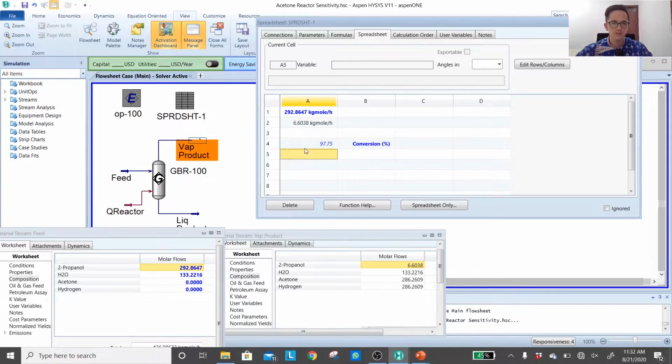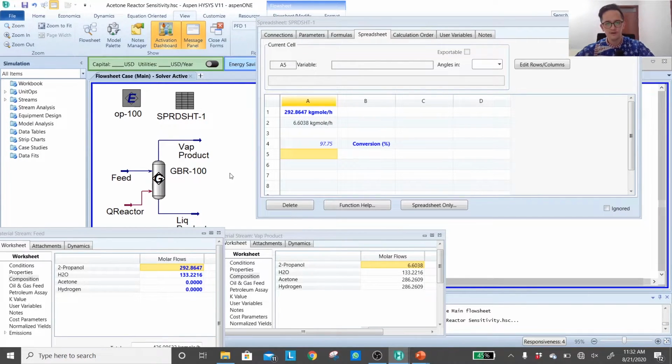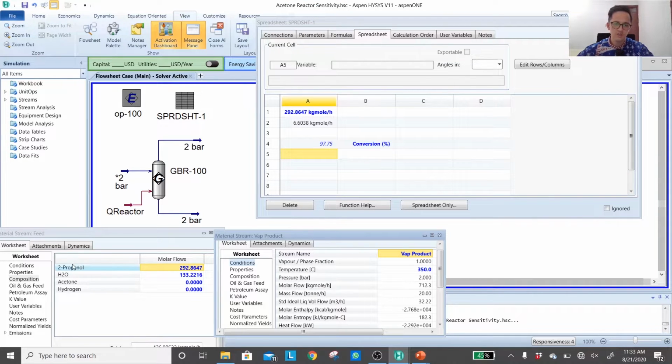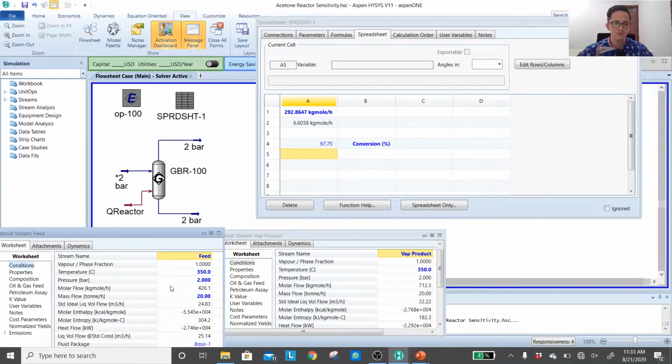Okay, so as you can see, we can be very certain now that at 350 degrees C, about 2 bar, the conversion of the reactor will be around 97%. Very high. It's a good starting point. And we can confirm the possibility of working at different conditions. How will that affect our conversion? Let's say you want to change it manually first. Let's start with changing the pressure. Instead of 2 bar, now I want to operate at 10 bar.